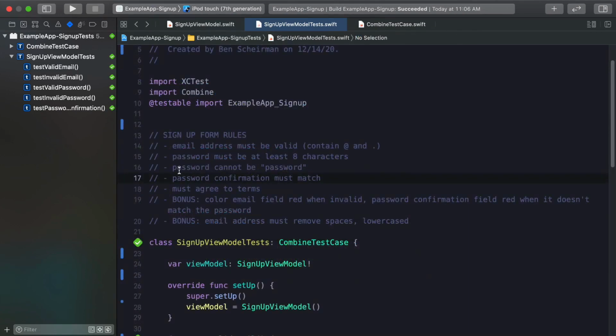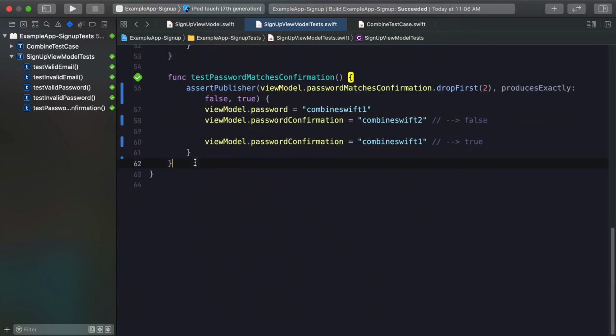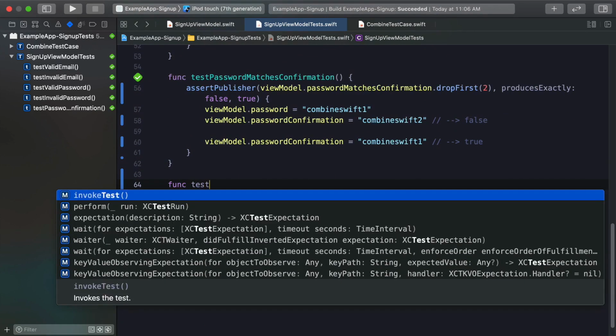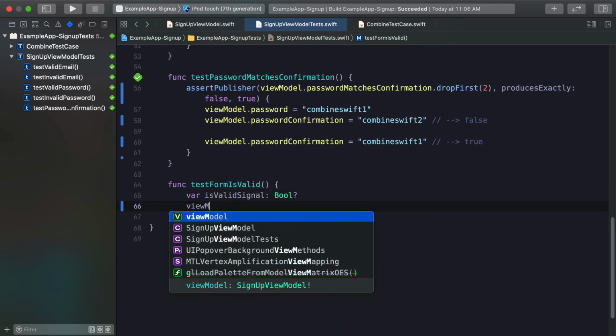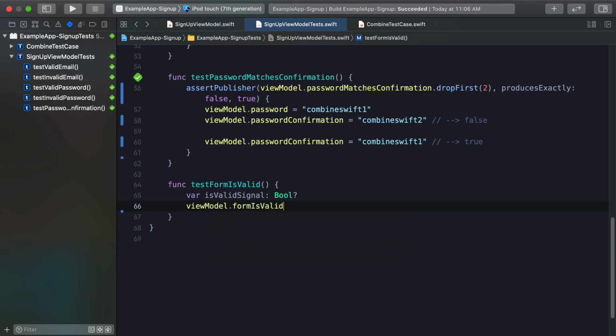So I'm going to leave a few more of these tests as an exercise for you to finish on your own. But what I would like to do is test the final logic of this, testing the form is valid. And this is going to be a larger test, which I think we're going to go back to the more manual approach because I want to test the specific interactions. So we're going back to this idea of testing this valid signal. Then we're going to get the is valid publisher. We're going to subscribe to it, set the signal to that value,